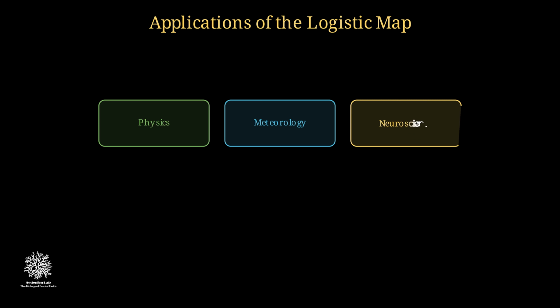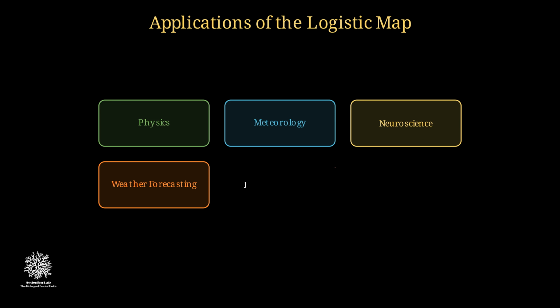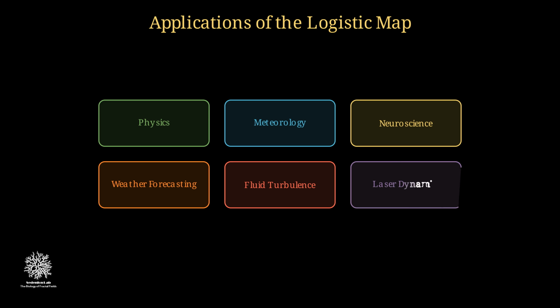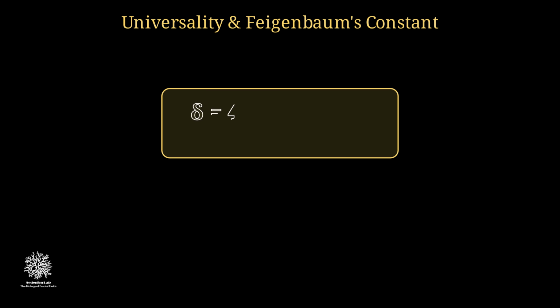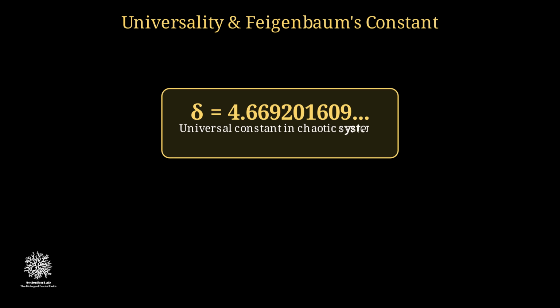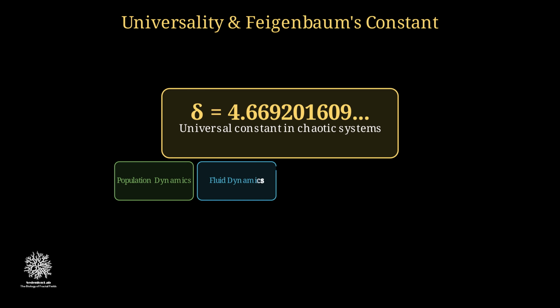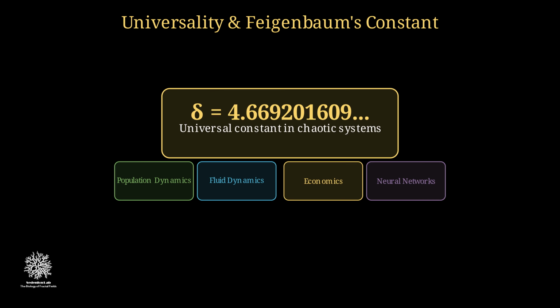In meteorology, the logistic map's principles explain why long-term weather forecasting is fundamentally impossible. In neuroscience, similar dynamics occur in neural networks. The period doubling route to chaos that we've observed is universal. It appears in virtually any system with a nonlinear feedback loop. This universality, captured by Feigenbaum's constant, suggests that chaos is not a rare anomaly but a fundamental feature of complex